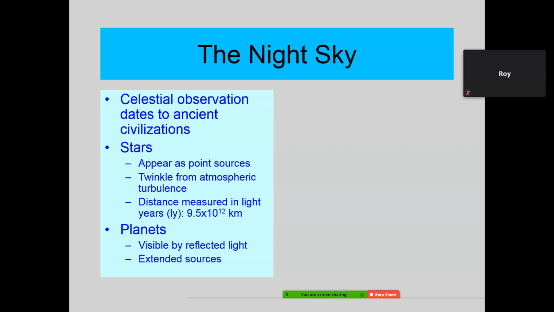Okay? That is, let me see if I get my numbers right, 10,000 times further away than the sun is, at least. Okay? That is what we call a light year. It's how far light travels in 1 year.